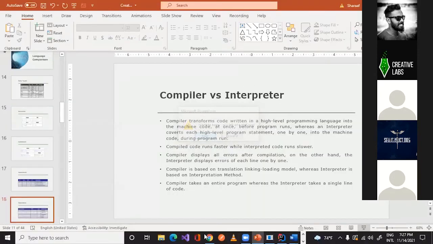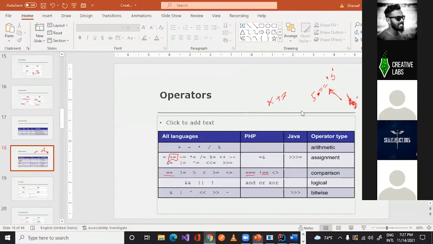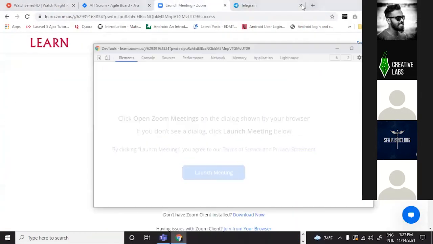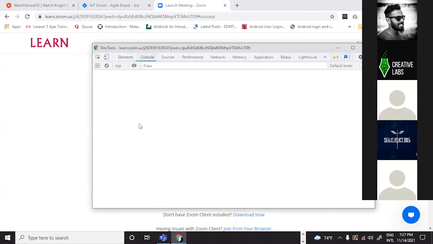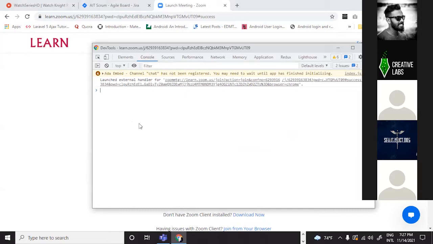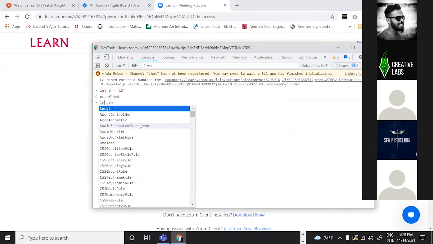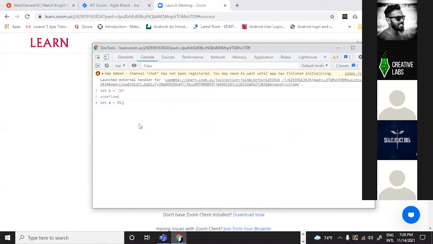But I will open my browser and I go to this thing. Okay, and so let's say we have native 15.